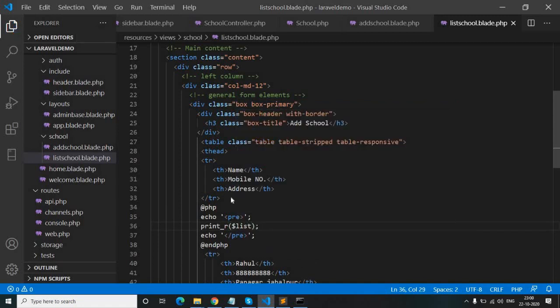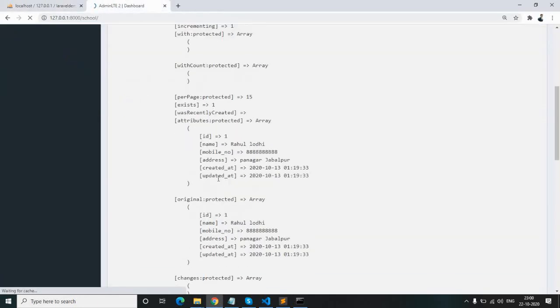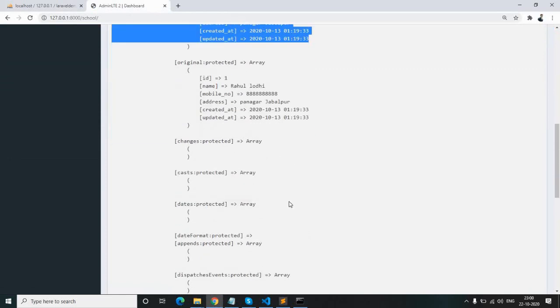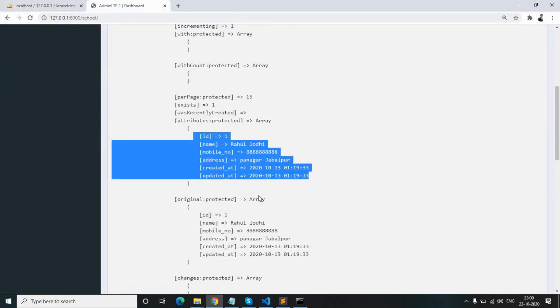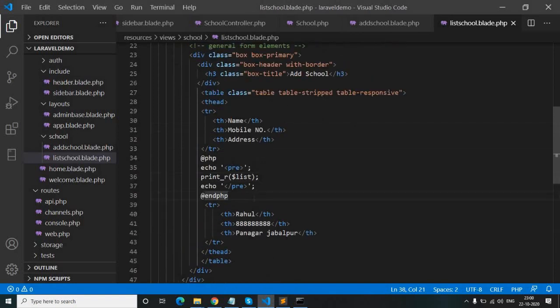Okay, so here you can see we have got the record. Now we will show this record in our table. So for that we will write here